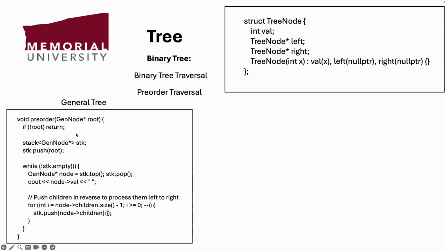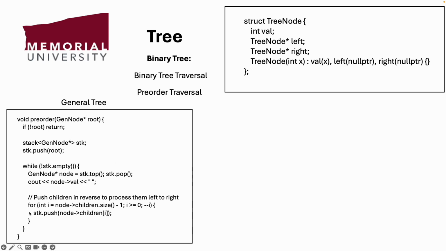Let's quickly recall it. This is the base case, right? If the node is a null pointer, meaning it's empty, we do nothing. Otherwise, we push the root node, and then we check the